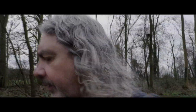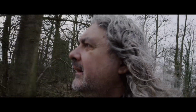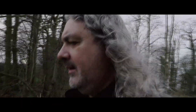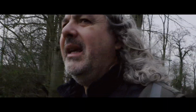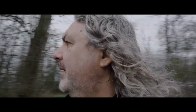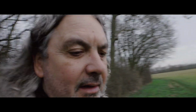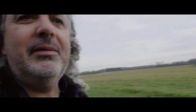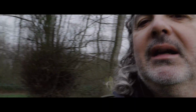and trying to find a log or something so I can sit down, because it is so wet, it is so utterly sodden and muddy. That's the only thing about this time of year, there's nowhere to sit really. So we're coming out into another clearing now. There's the woodland now behind us,